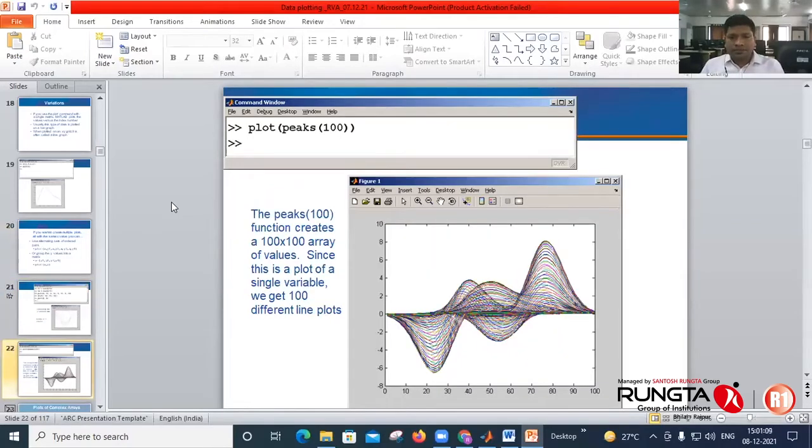Okay. Again, there is an inbuilt function like this, peaks 100. So this function creates a 100 by 100 array of values. Okay. And if you plot this array, you will get a number of different lines. Okay. Just for information, if you plot this,